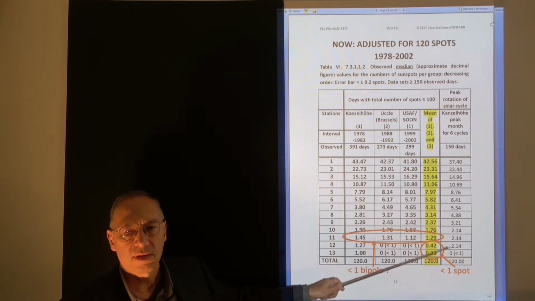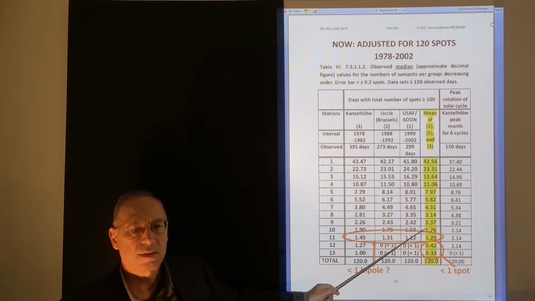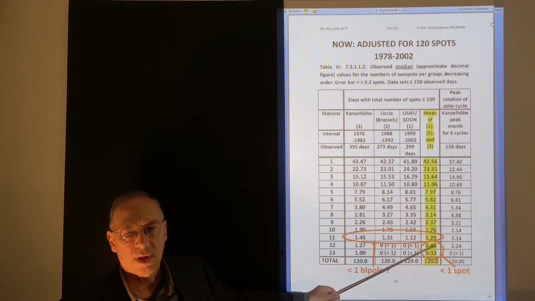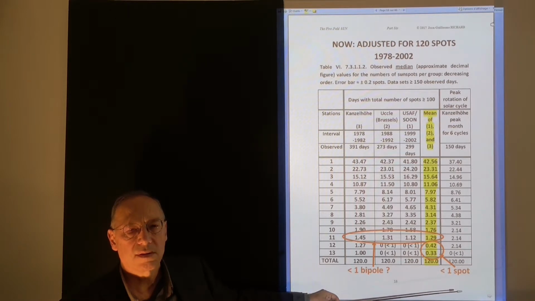16, 11. What is interesting is in the bottom of the distribution, where we see that we have for the 11th group more than 1 spot in any case, but less than 2, so less than 1 bipole. Maybe we have only 10 groups that include at least 1 bipole, and the next groups have less than 1 spot, so they certainly are not statistically